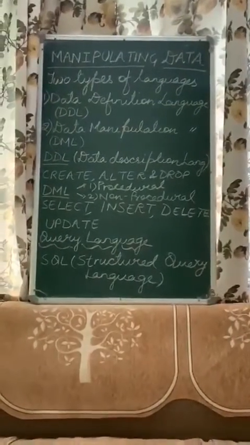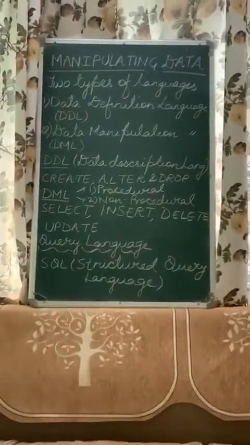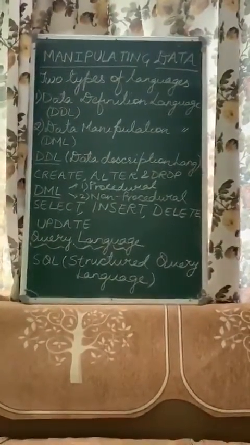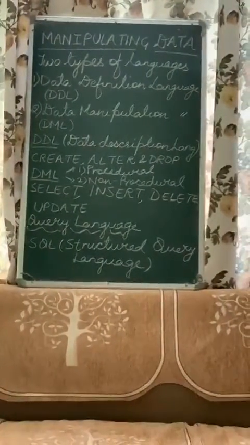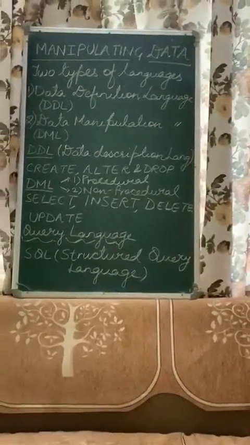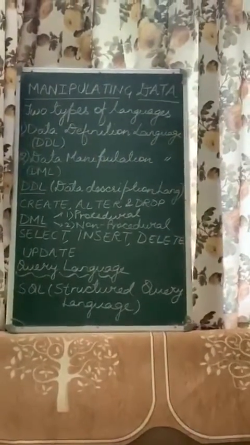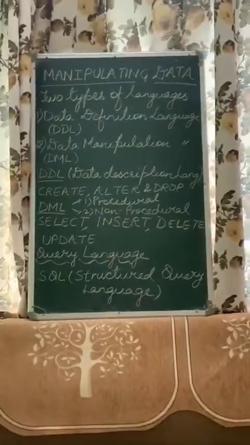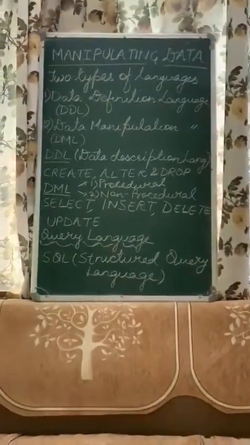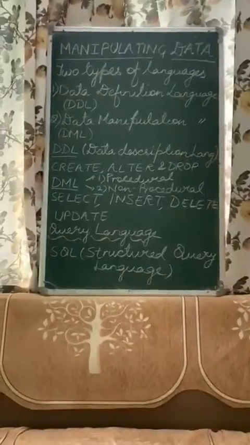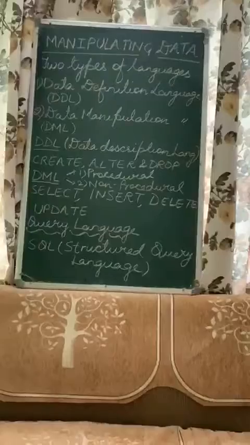First of all, DDL, data definition language. It is also known as data description language. It is a set of commands that define the structure of a database. A database consists of tables. In the table form, data is entered in the database, so first we need to define its structure. The DDL statements create, modify and remove database objects such as tables, users, etc.